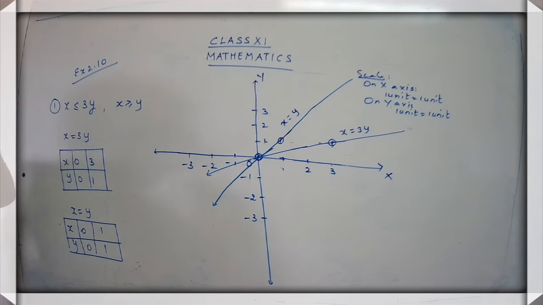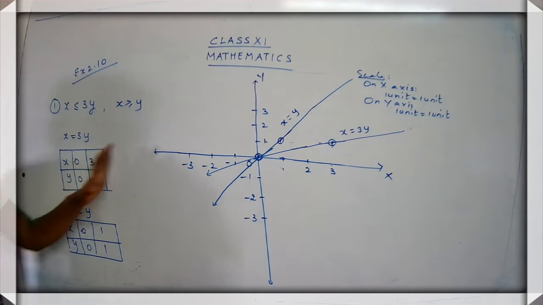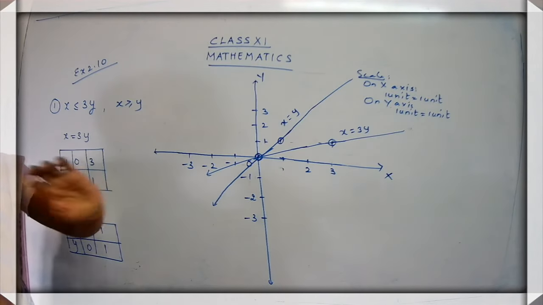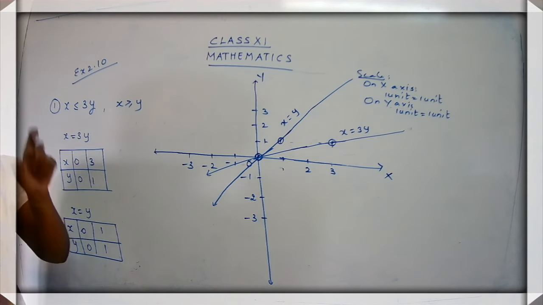Okay, children? Now just put your pens down and listen carefully. This is the important step because you can just complete all this. You will take the values for x and y, and you can complete the table. And once you complete the table, you can plot the graph. So till here it is okay. Now the important concept that you have to follow.